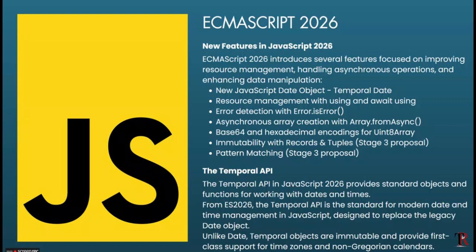Take a look at some of the new features that we have in JavaScript in 2026. ECMAScript introduces several features focused on improving resource management, handling asynchronous operations, and enhancing data manipulation. The ECMAScript standard is responsible for what goes on in the language